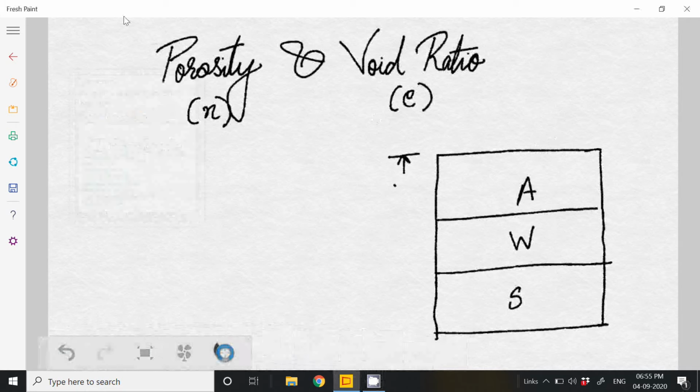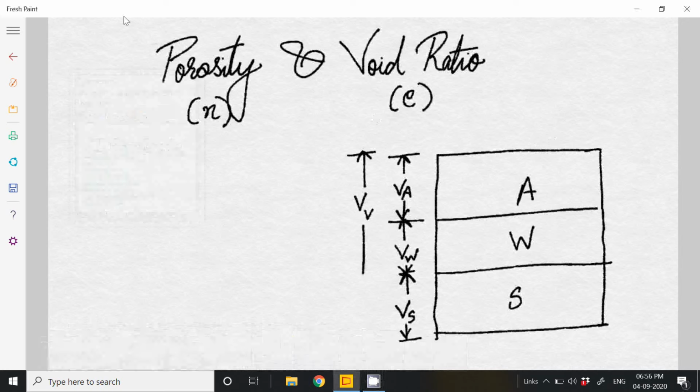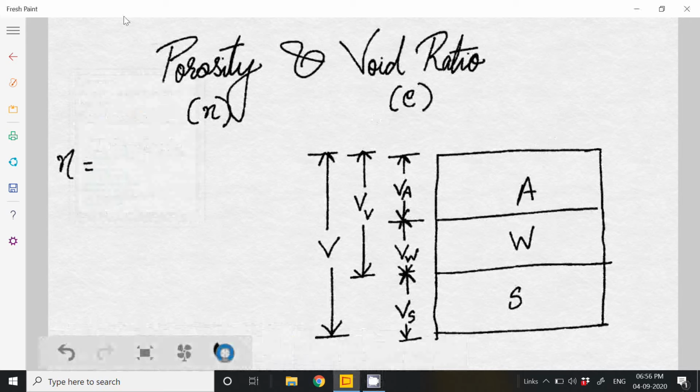so this one is volume of air, volume of water, volume of solids. Now total, this one is volume of voids, and this one is the total volume. So porosity was what? Porosity was volume of voids by total volume, and this is generally taken in terms of percentage,